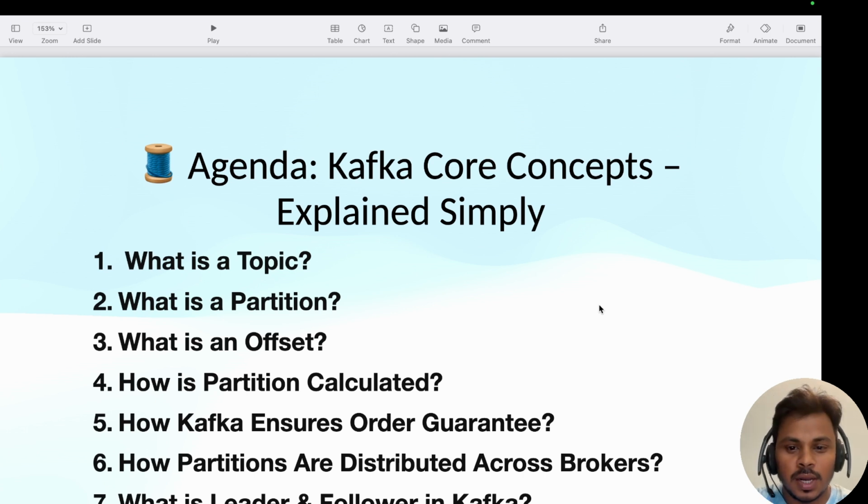So in this video, I'll explain all the core concepts of Kafka. What is a topic, what is a partition, what is an offset, how the partition is calculated, all these things I'll explain one